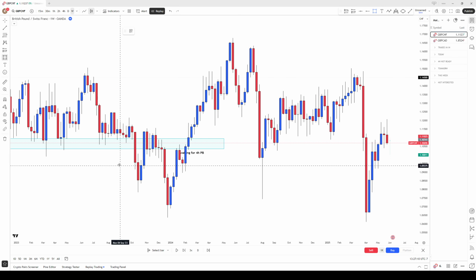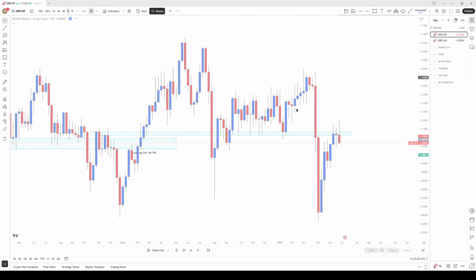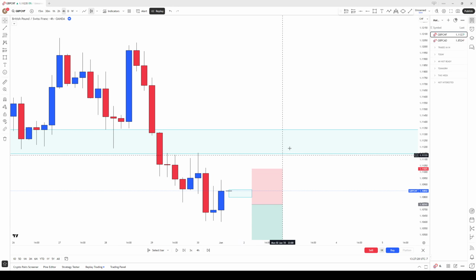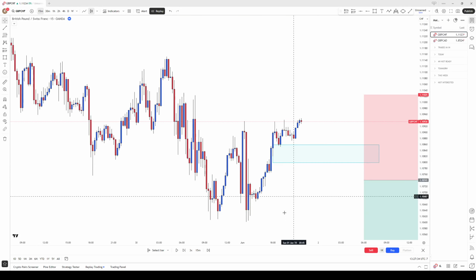Let's do this. Where is it at? Right here. So this was the area of interest on the weekly. Daily then shifted bearish right over here. And we were just waiting for a 4-hour pullback to be interested, which we got exactly that. And on that pullback, we had our